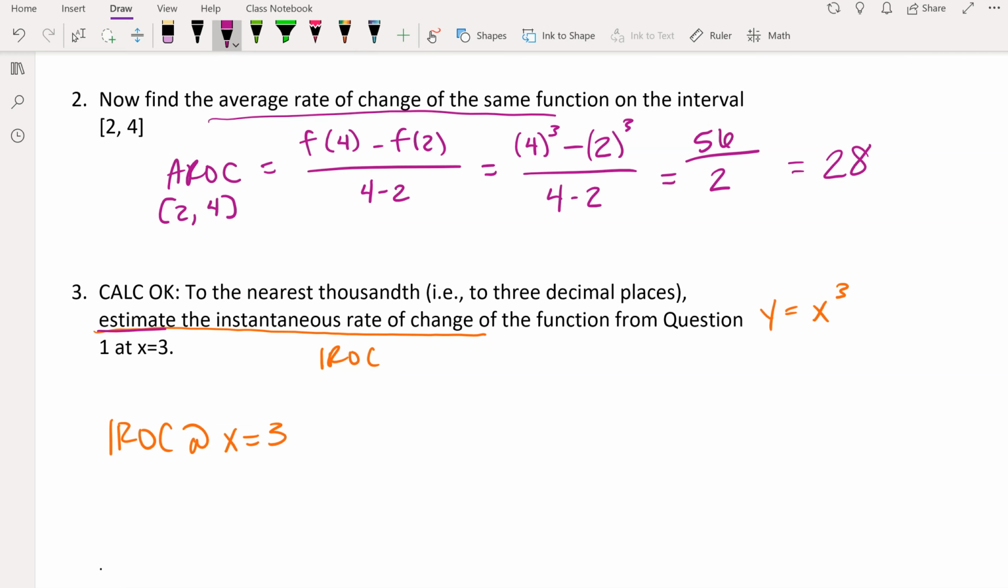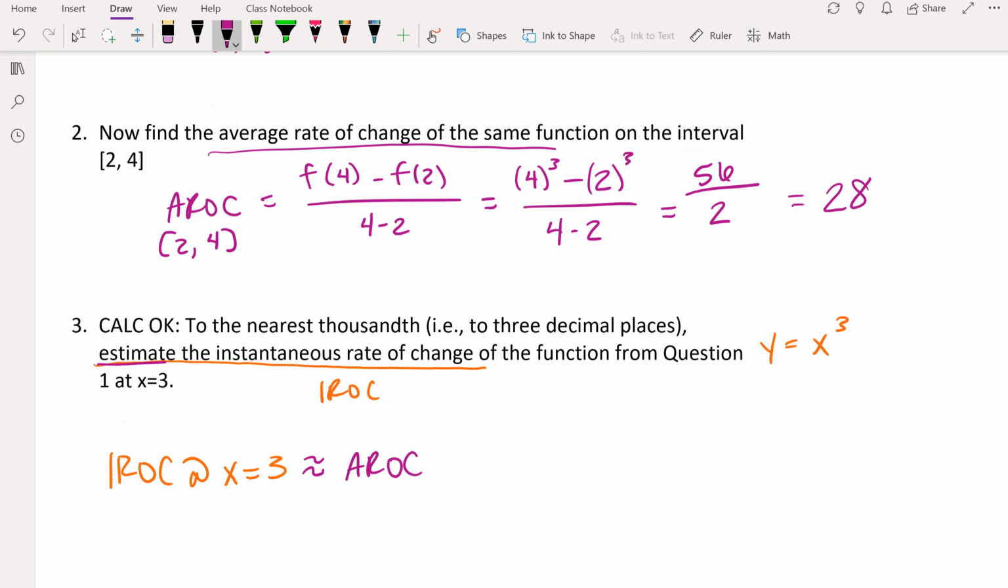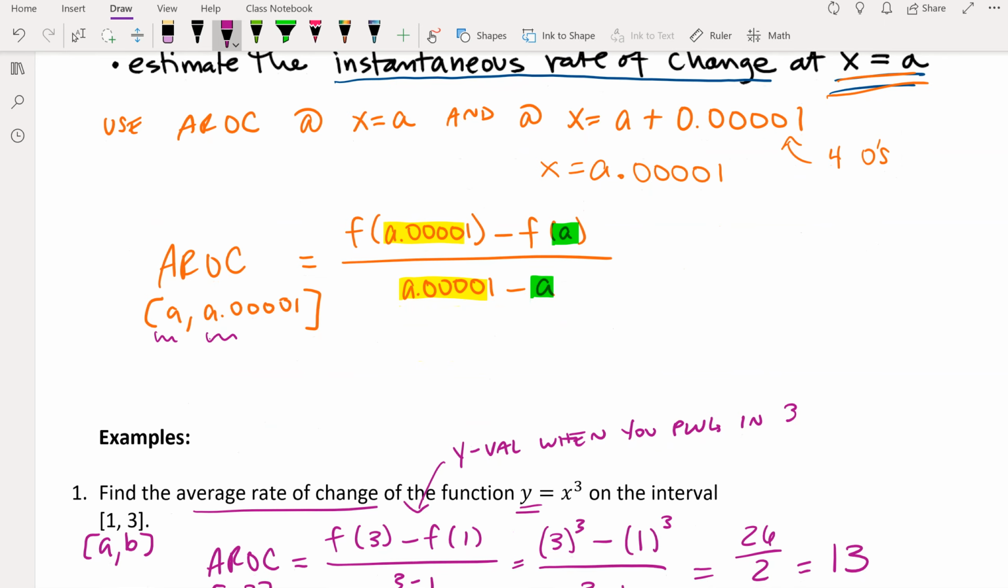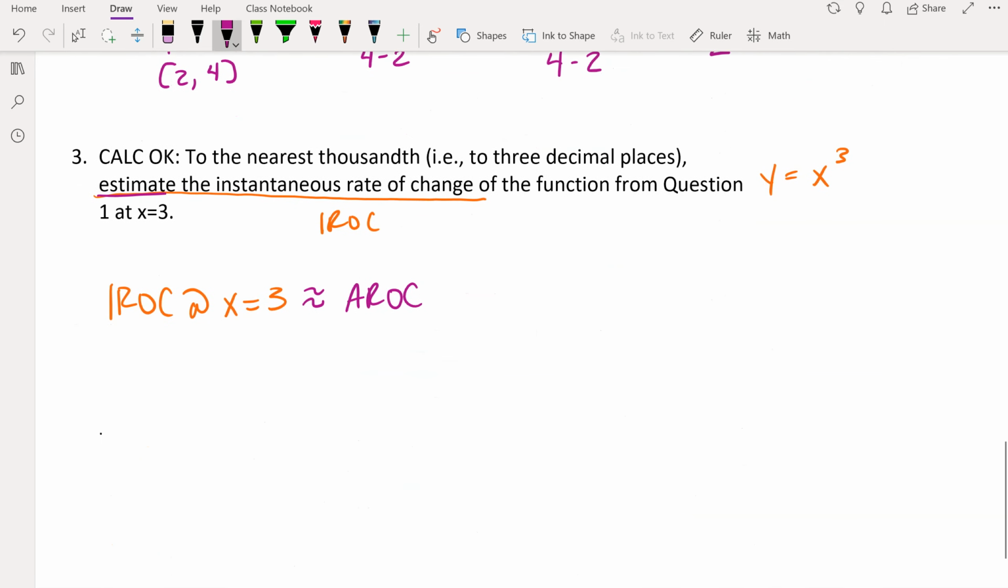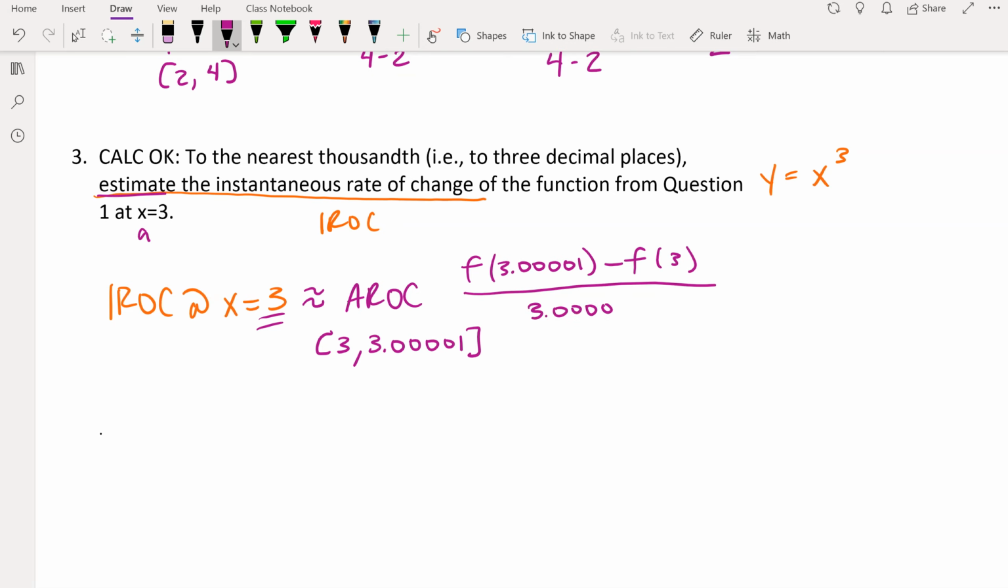And then we're going to say we're estimating it. It says estimate, so it doesn't have to be perfect, but that's approximately the average rate of change. And then what did our notes say? They said do the average rate of change from a to a plus 0.00001. So that's approximately the average rate of change from 3, our a value, to 3.00001, of f of 3.00001 minus f of 3 over 3.00001 minus 3, equals, okay, you would plug in these y values: 3.00001 cubed, because we're still using y equals x cubed, minus 3 cubed over